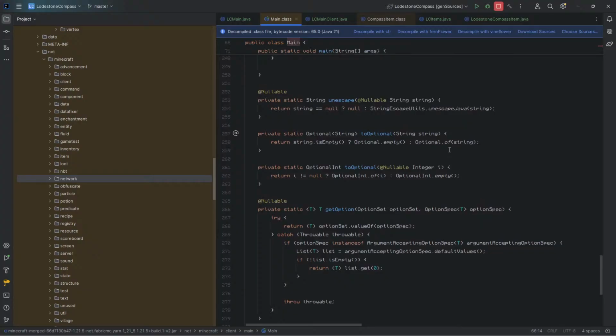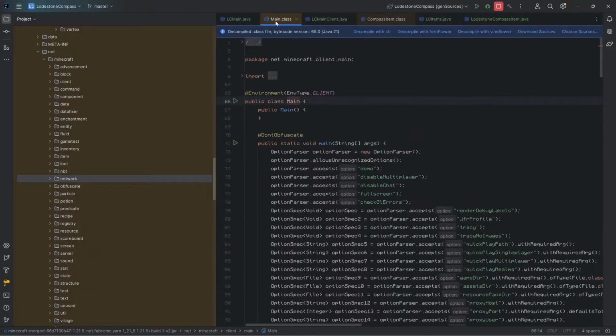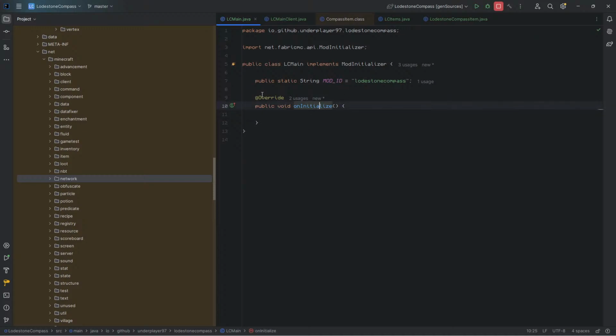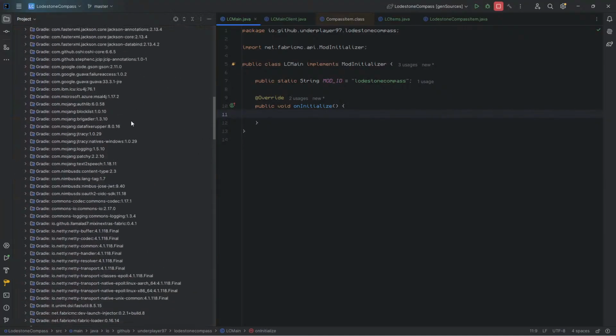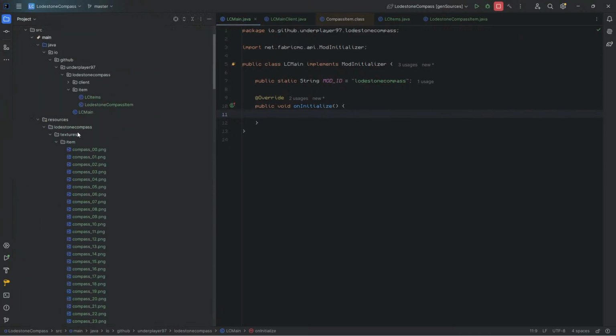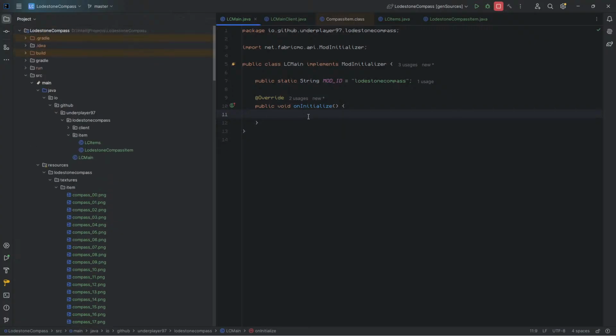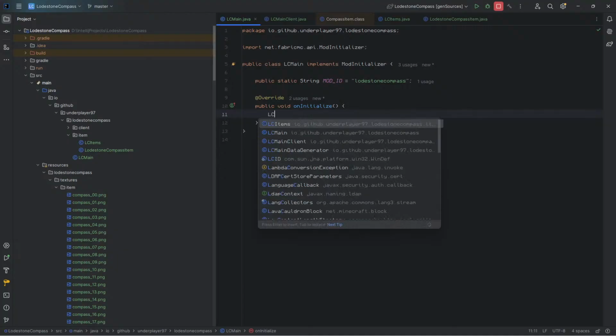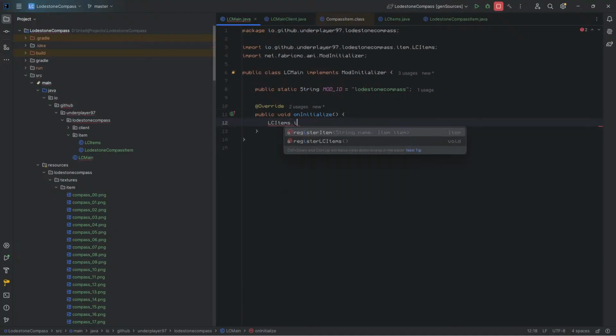Even though this is technically a lot more messy, everything that runs is going to be first in the main class. I have a version that's saying on initialize. This is just shoving it into the main class where it runs things. So generally this is going to be the hook into everything, because in main there are a lot of other things you lead into. Initialize basically shoves itself into that and says, okay, I'm also here. So if I go to LC items dot register,